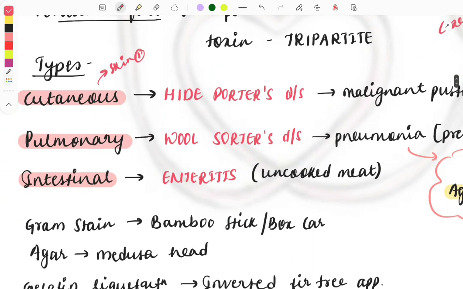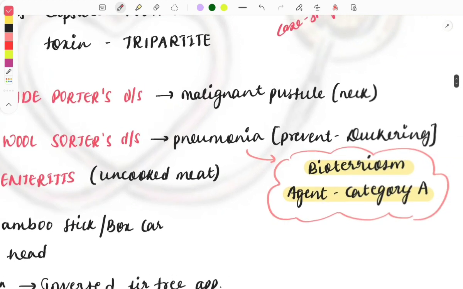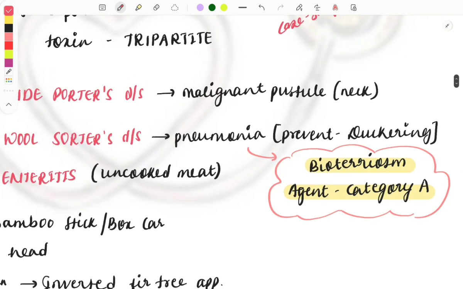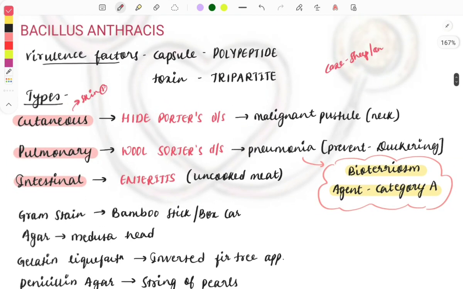Then moving on to the pulmonary form, this is called Wool-Sorter's disease, and it causes pneumonia. And how do we prevent it? By doing the dusting. Then another important PYQ asked is that this pneumonia,